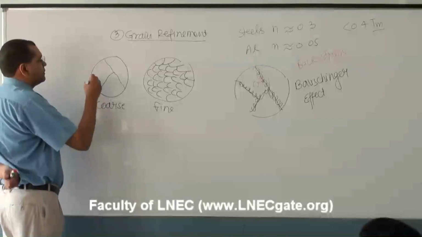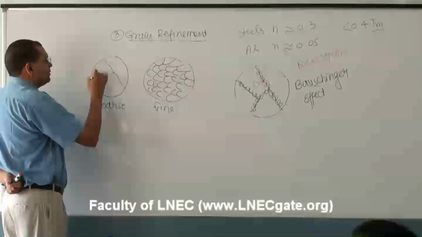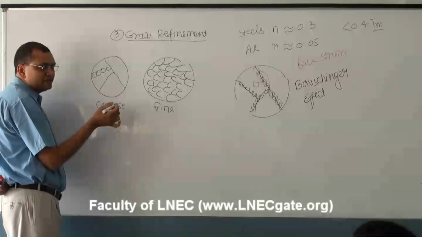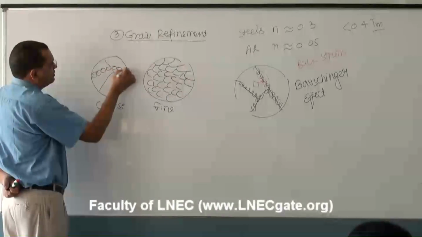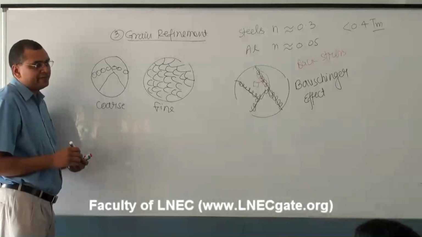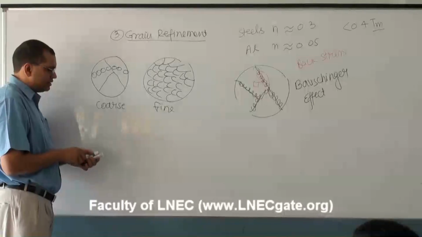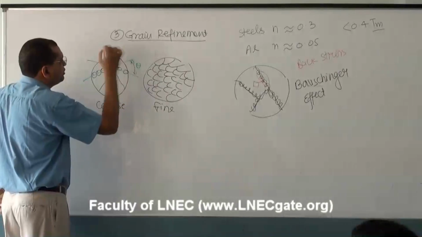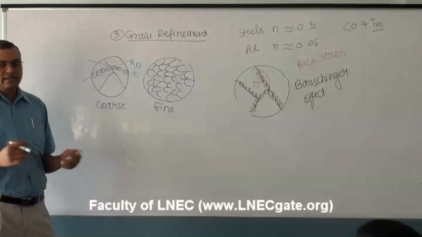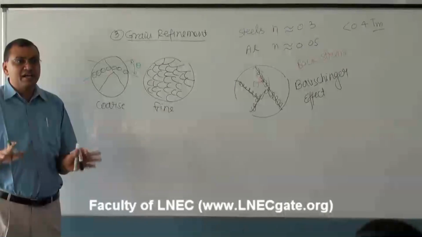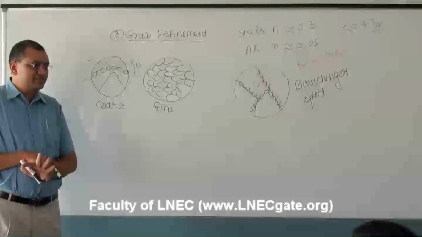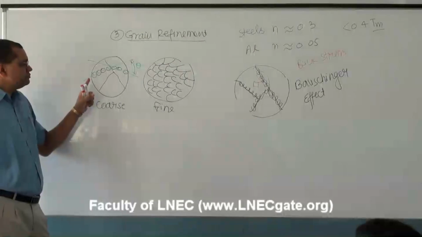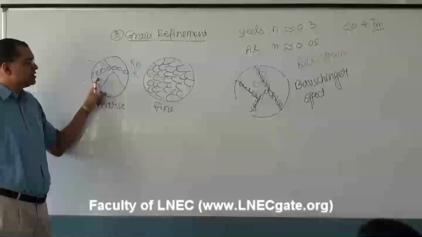As we discussed, what is the meaning of grain boundaries? Atoms on one side are oriented in one fashion, and on the other side, atoms are oriented in a different direction, and there is an orientation mismatch. Theta is the orientation mismatch, and these regions of orientation mismatch are called grain boundaries. Alright, so these dislocations will be present within the grain,